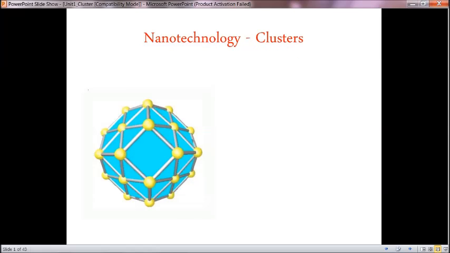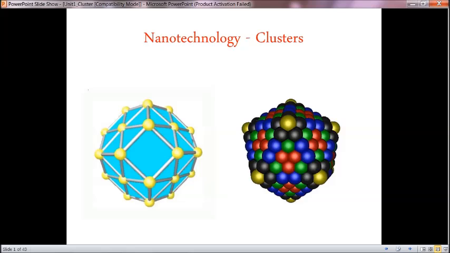Now we have to see about nanotechnology with clusters. I have to see what is a cluster. So basically in nanotechnology all the atoms are well aligned and having a well defined structure, as like crystal like structure like this. But clusters are accumulation of nanoparticles over the space like this.